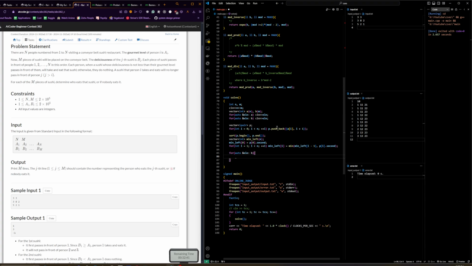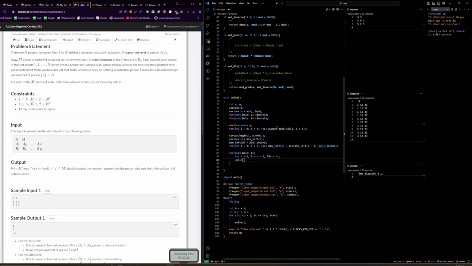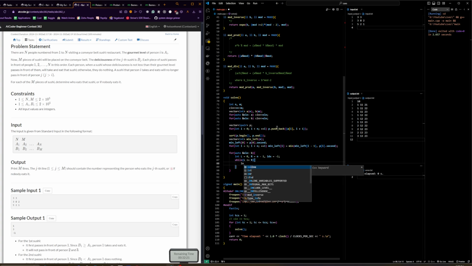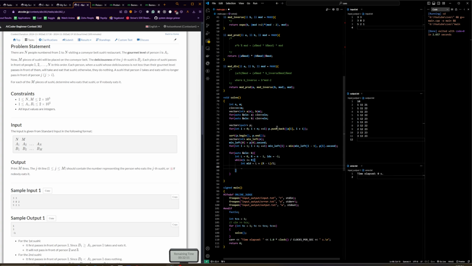Okay, now this I got, and binary search and index, minus 1. This I can, if p of mid. Okay, now if p of mid,